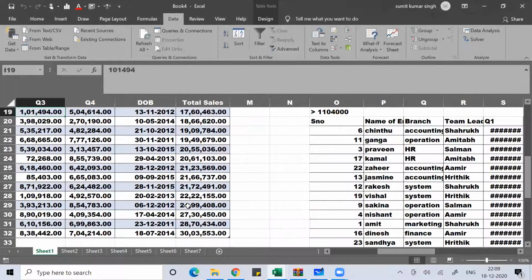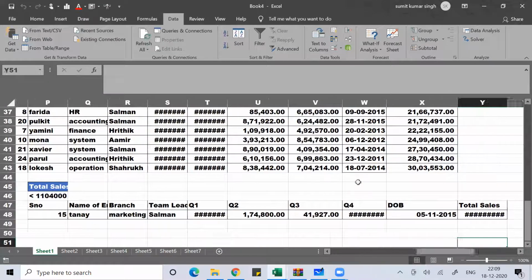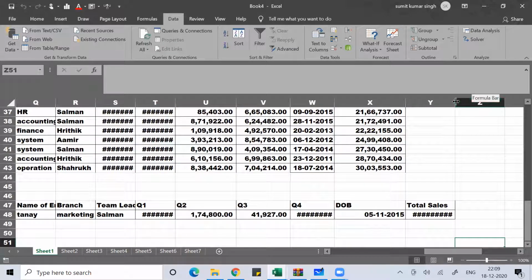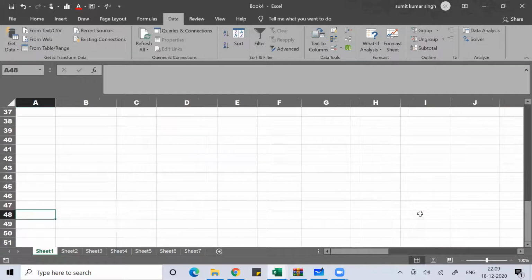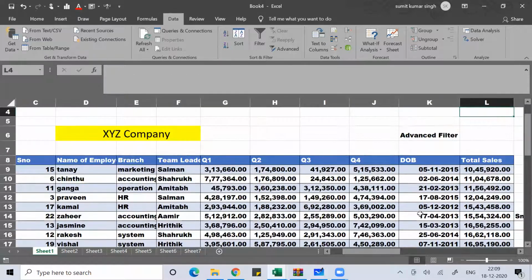Press OK. You can see there's only one person called Tanay whose sale is 10,45,000. Rest everyone's sale is more than that.